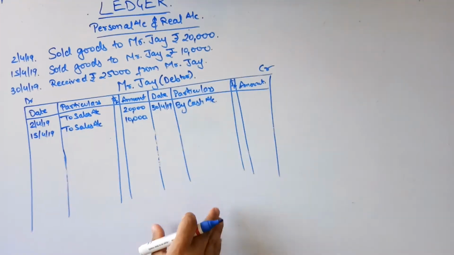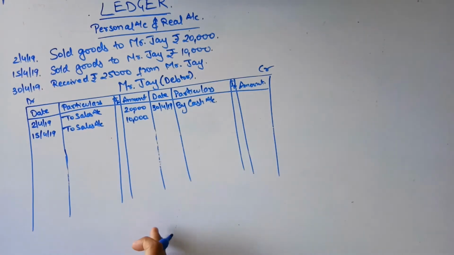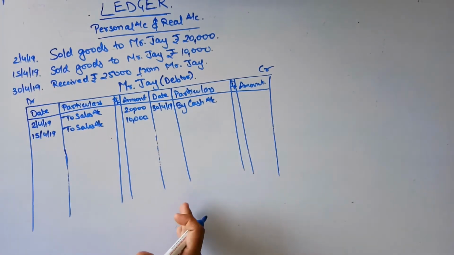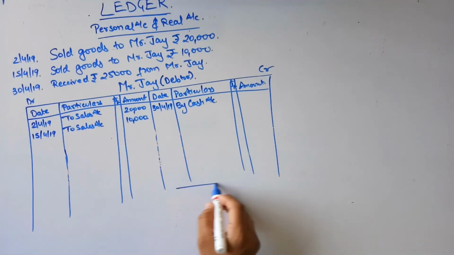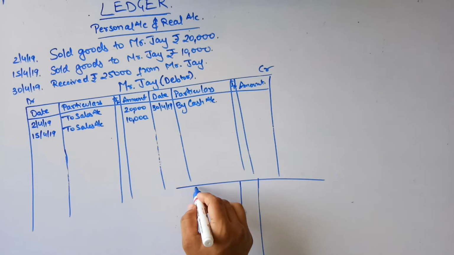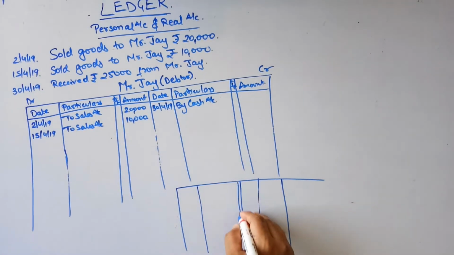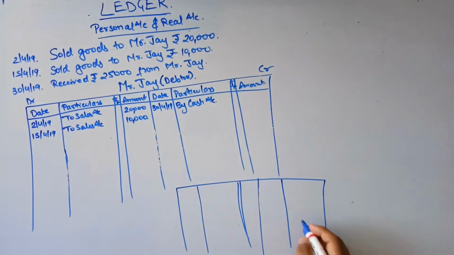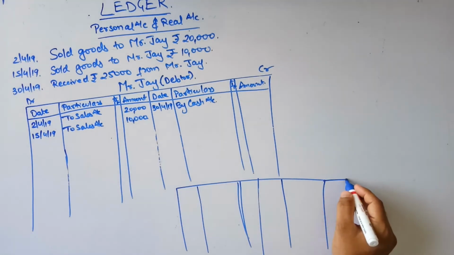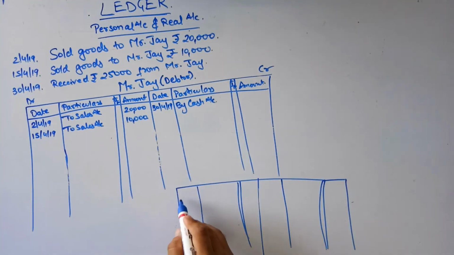Guys, you need to understand this thing very thoroughly. See, here I am not mentioning the cash account. I am not making the cash account. So you all need to analyze what would have happened in the cash account. I'll give you an example. See, here I am making the cash account for you. But now you all need to understand what exactly is happening over here. Just a rough what I'm making and I'm explaining here. Okay, try to understand over here.